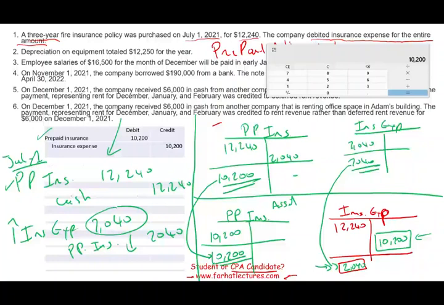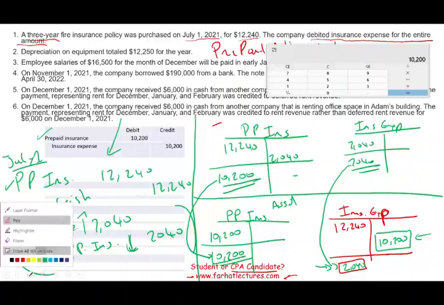Now remember, every adjusting entry will affect a balance sheet account and an income statement account. So notice here, this is the adjusting entry right here. An income statement account went up, a balance sheet account went down. An income statement and a balance sheet. Okay, let's erase all of this and move on to the next